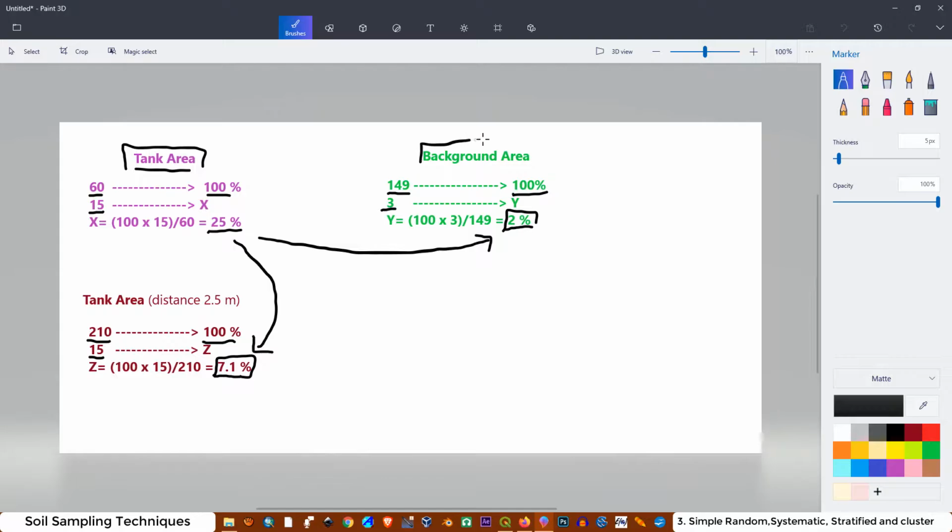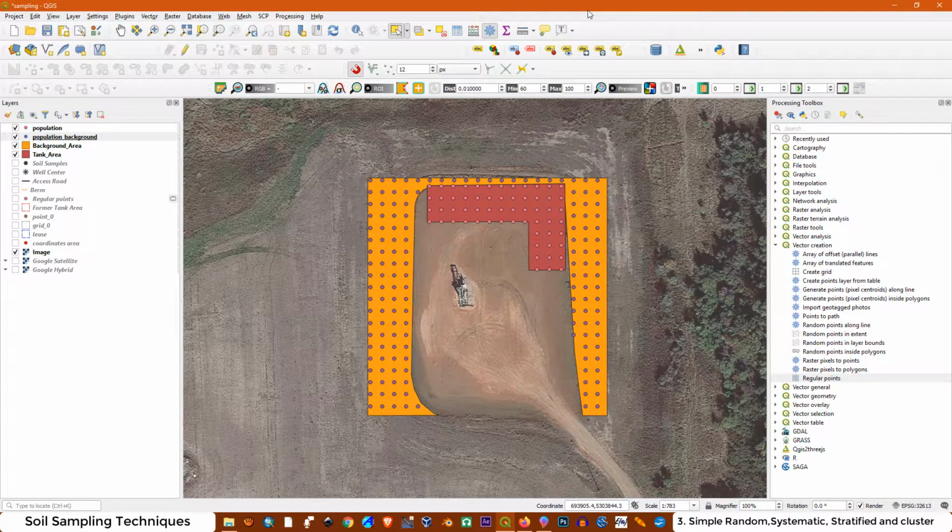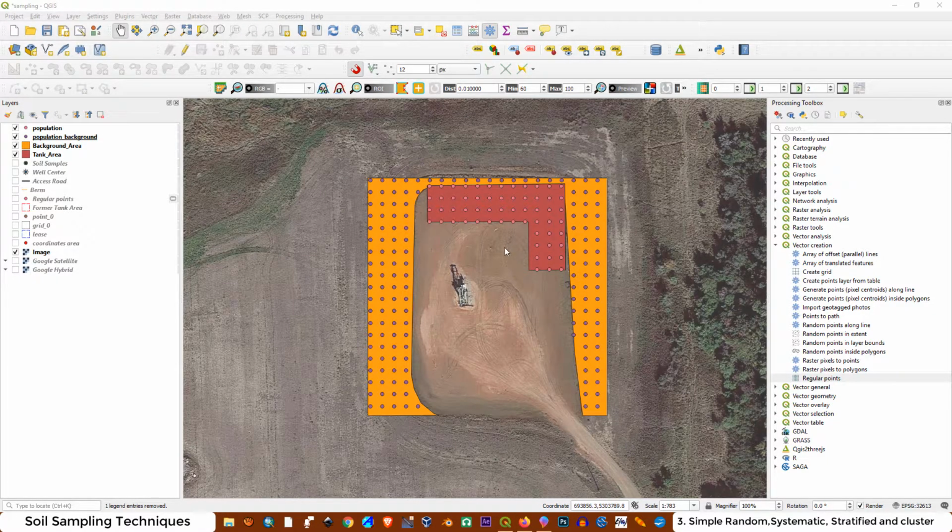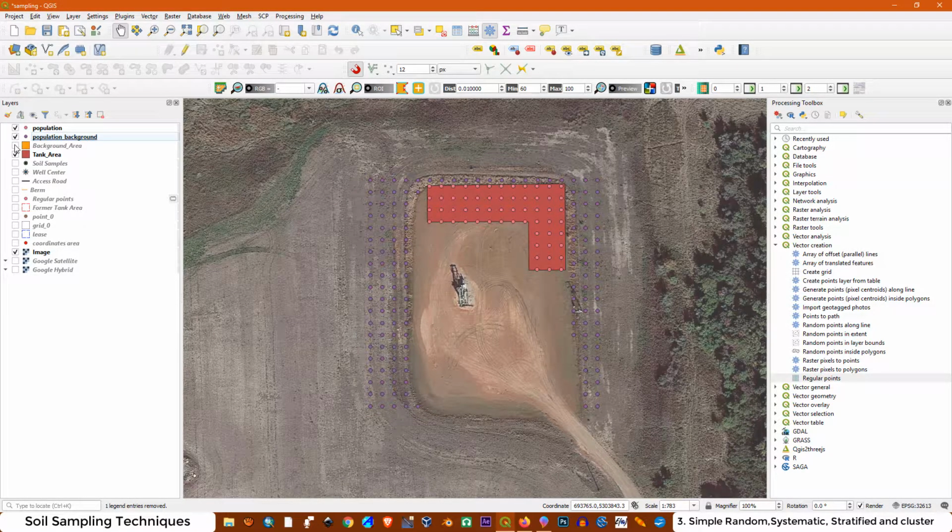Maybe for the background location we have to define a different population, because the goal of the background locations is to identify any exceedances that can be associated with natural concentrations and are not related with petroleum activity. With Quantum GIS we have a couple of options to select the samples according to the simple random sampling technique. The first, let's take out the background at the moment and work with the samples